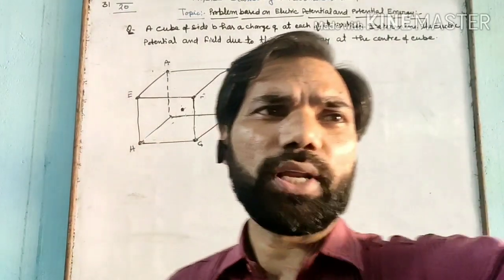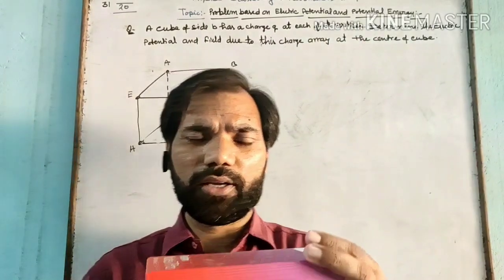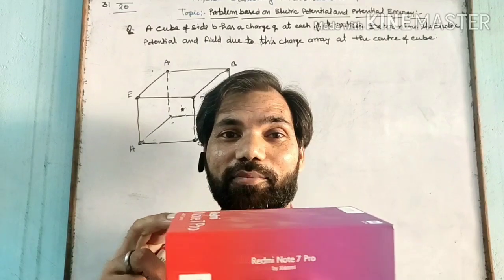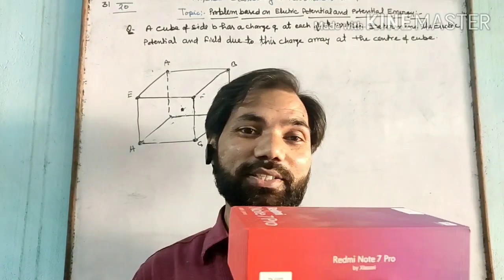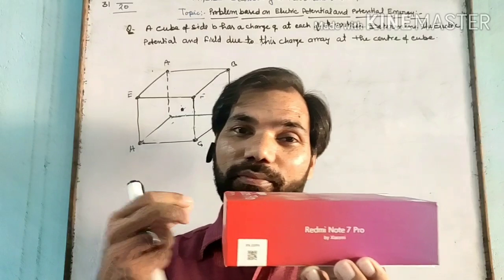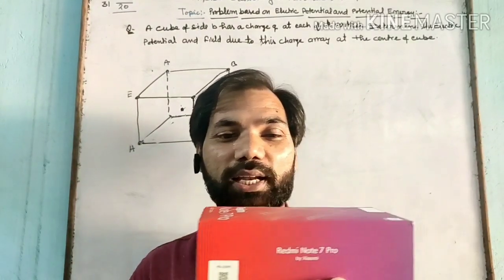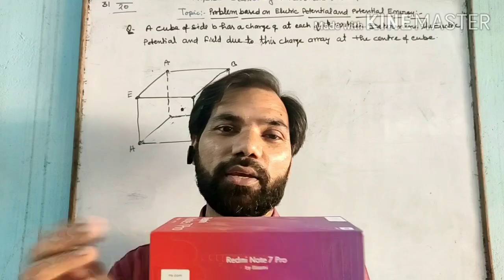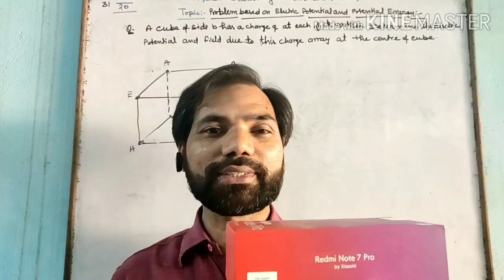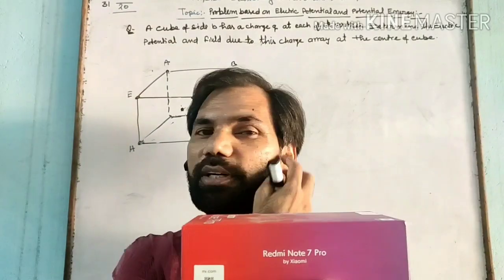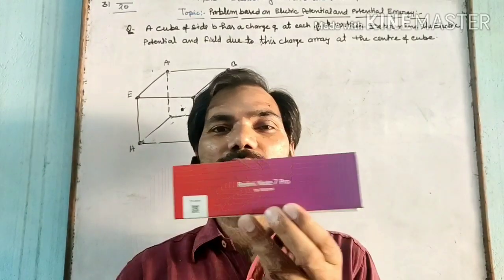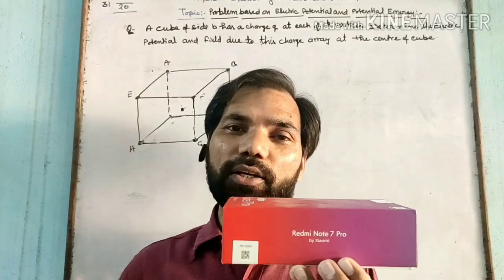Here we want to realize the problem. See here, this is not a cube, but this is a cuboid. But what I want to emphasize is that you realize where the center of the cube will lie. As you know, there are 6 faces of the cube: 1, 2, 3, 4, 5 and 6. And how many vertices does a cube have? 8 vertices: 1, 2, 3, 4, 5, 6, 7 and 8. There are 8 vertices in a cuboid or cube.